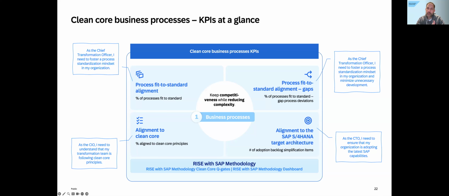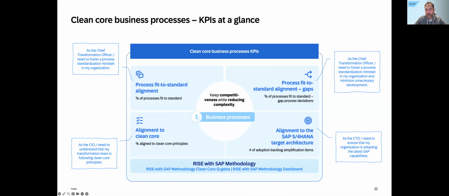The process fit to standard alignment basically says how many processes fit to standard. So assume you would have an SAP system, vanilla, with SAP best practices implemented with a certain configuration, and you would count on how many of those processes, like J54, for example, do I record any deviation or record no deviation. I always say this is like going to SAP S/4HANA public cloud, a software as a service solution where you can really run your processes, but still make some enhancements. And the higher the percentage level is on this one, the fewer overall deviations you have recorded.